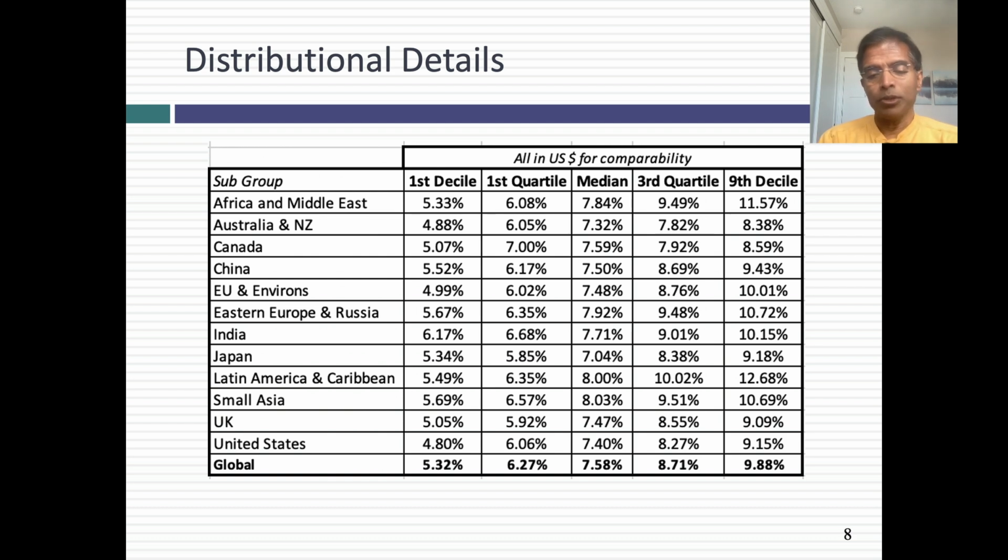It is a 7.4% cost of capital. Half of all US companies have cost of capital between 6% and 8.25%. Think about that. You're spending all this time on a number that half of all companies fall between 6 and 8.25. 80% of all US companies fall between 5 and 9%, or 4.8 and 9.15%.